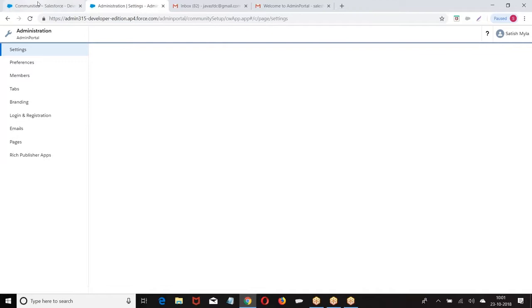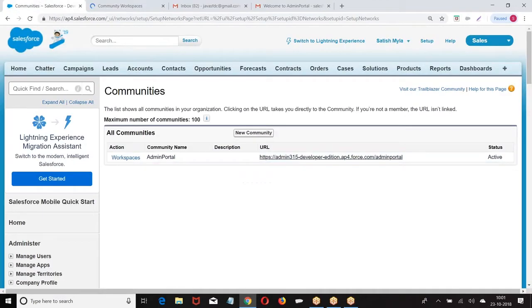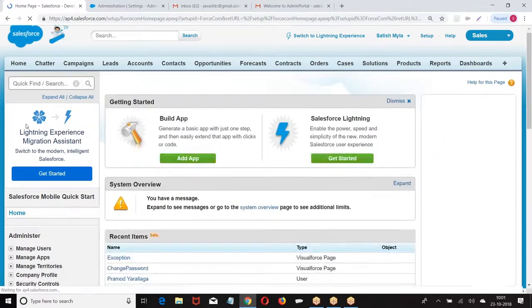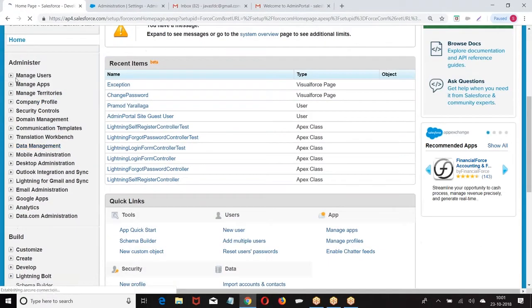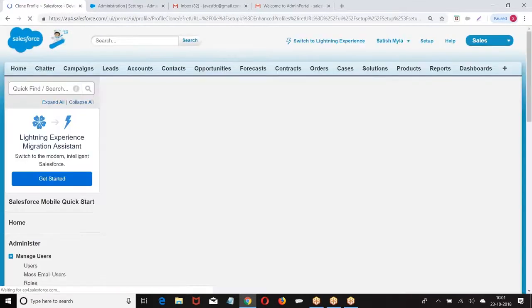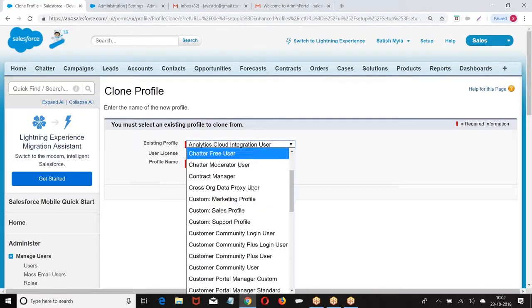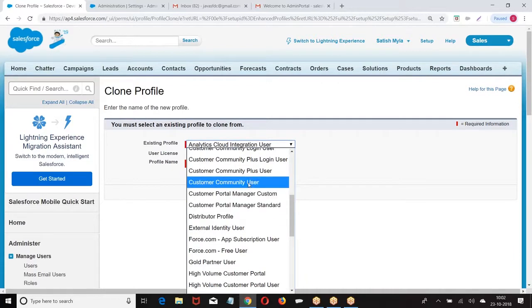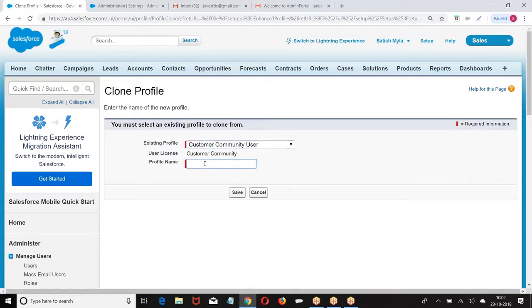So let us see. First, what are you supposed to do? Create a profile. Setup, manage users, profiles, new profile, ICC agent.